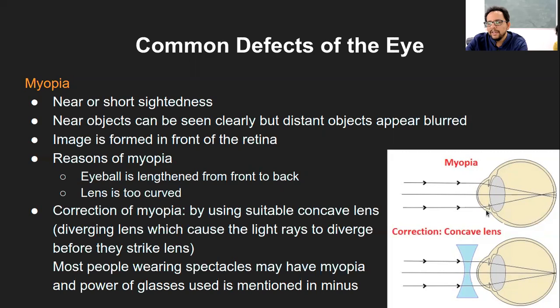So the upper eye is shown as myopia condition. When the light rays enter, because of the specific condition of the lens, we will see that in the next point, because of the specific changes in the lens structure, the image that is formed, that is the focal point of these light rays, is in front of the retina, before the retina, that is within the vitreous chamber, and that is why the image formed on the retina is blurred. You don't see a clear image. If the focal point is on the retina, then only we see a clear image. If it is not, obviously we will not see a clear image.